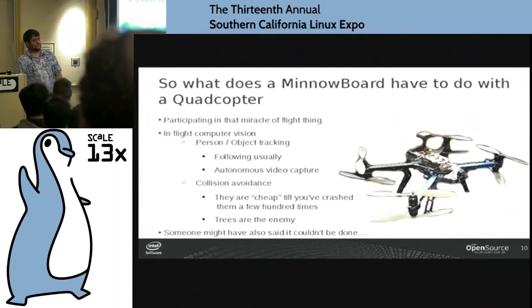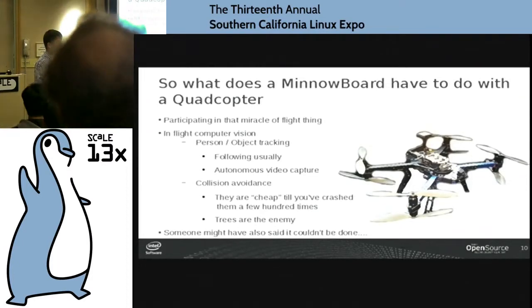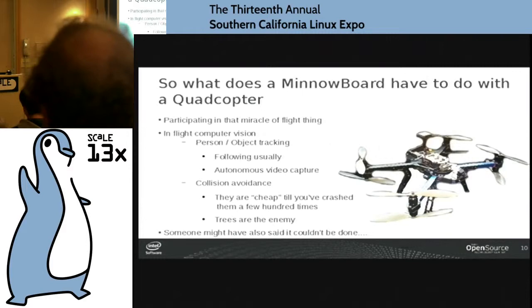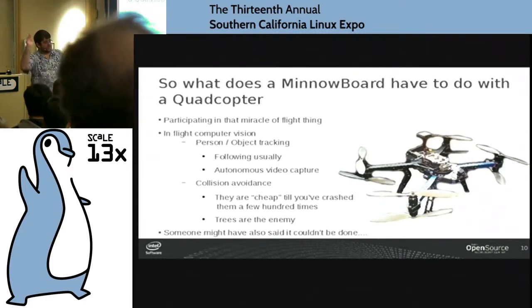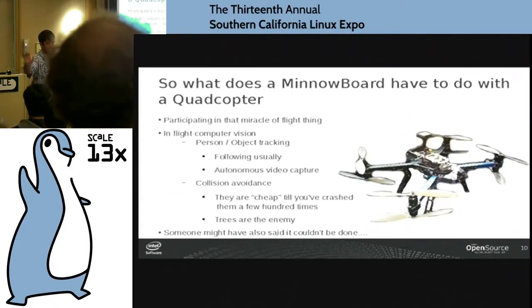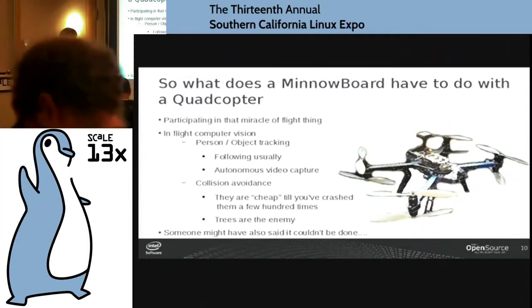So the minnow board has two SKUs. One is shipping right now, which is the dual core, 2 gigs of RAM. It is an Atom 3825 CPU, which is a dual core CPU that runs at 1.3 gigahertz, is 64-bit, has virtualization extensions, has AES instructions, all the whiz-bang features, including open source graphics. Yay for Intel HD graphics. And it runs $139.99 MSRP. I believe most of the distributors are charging $145 because every time we get them into